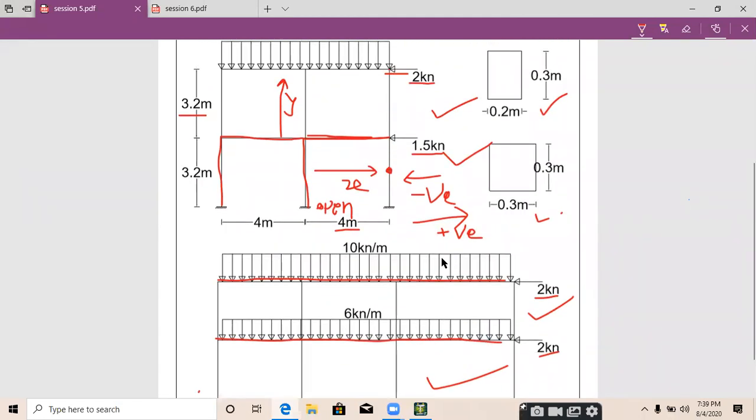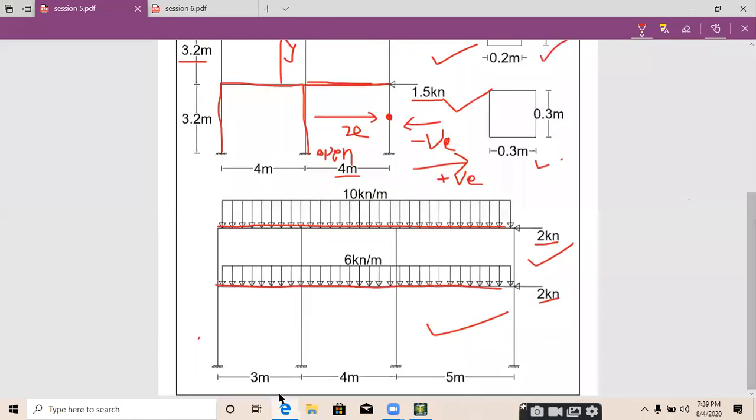But there is one change. The spacing between the columns is different. Before, we had the same spacing and repeated it with 4 meters, but in this particular frame we need to provide different spacing.